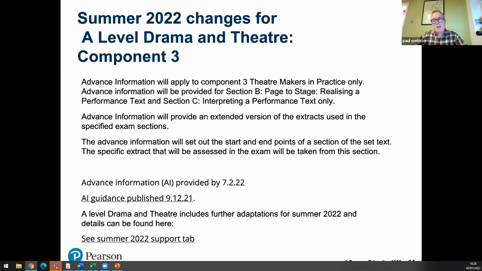So it may be that there are some recordings that were done quite a long time ago where the production values, in terms of the camera work and how it's done, may not necessarily be the best ones. But if you were to use any from the National Theatre resource, for example, which are all free to UK centres, the quality of those, the multi-camera, they're absolutely brilliant. So no, there's no restrictions about the ones you use.